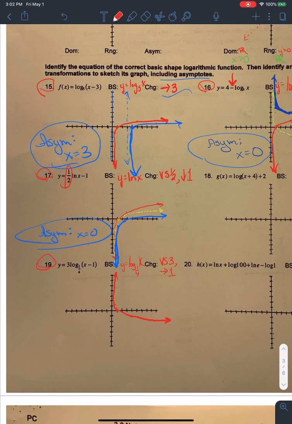Okay, and then we have two things happening, so I'm going to switch to a bright color for this in-between stage. It says that we can reflect it, and then we're going to shift it. So reflecting first gives me